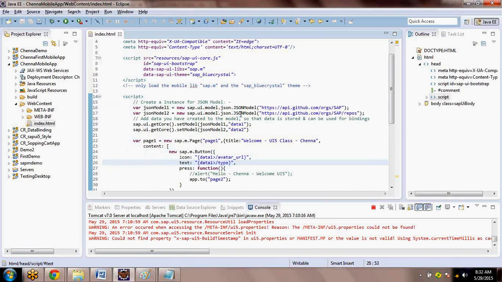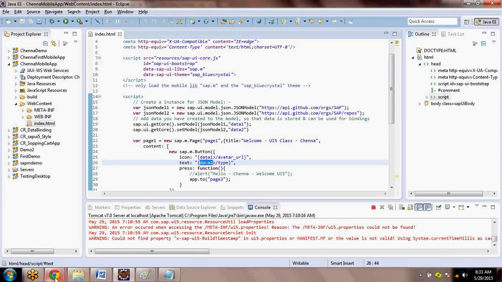You have a model with the data, and you are binding that data to your UI element. That's called data binding. Don't assume that I did not teach data binding. Data binding is already covered.